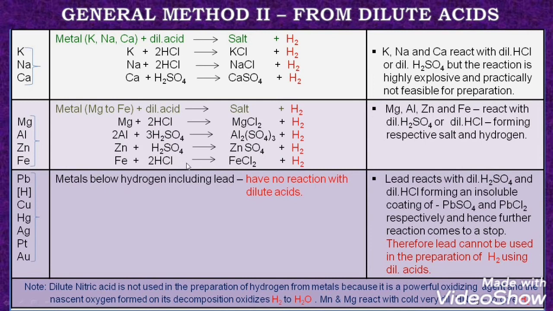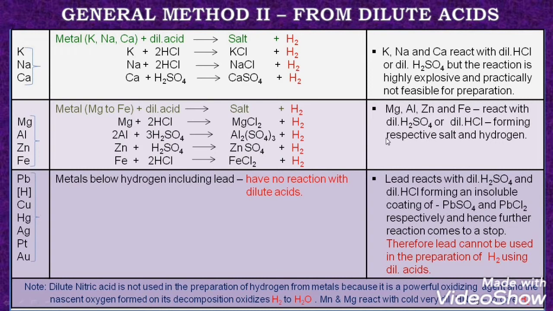Here, this is one particular reaction which you have to learn well and keep in mind. Always there is a confusion between iron and dilute HCl. We have another reaction, iron and chlorine. So iron and dilute HCl is a displacement reaction, whereas iron and chlorine is a combination reaction. In the displacement reaction, always the lower chloride is formed. In the reaction between iron and chlorine, which is a combination reaction, a higher chloride is formed, that is ferric chloride. So if it is between iron and dilute HCl, it is ferrous chloride and hydrogen. If it is between iron and chlorine, then it is ferric chloride that is formed.